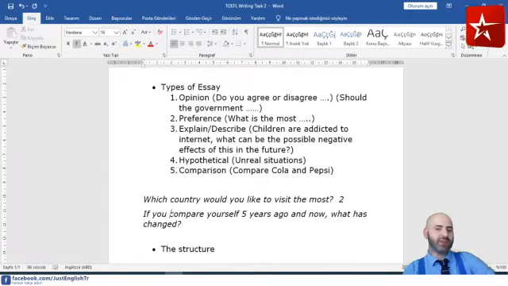Guys, which other type can this question be attributed to? Comparison, yes, because it says if you compare, but also the question continues a little bit differently. So it is comparison and also